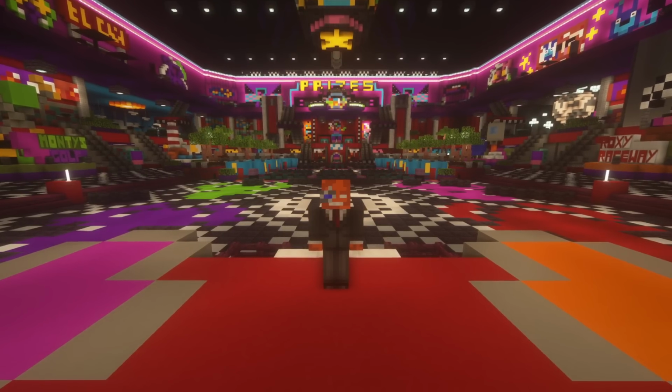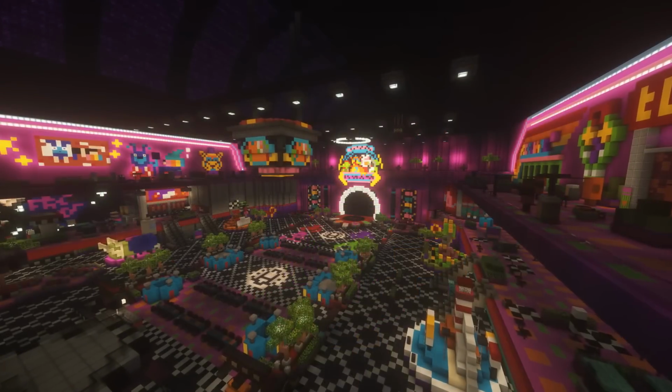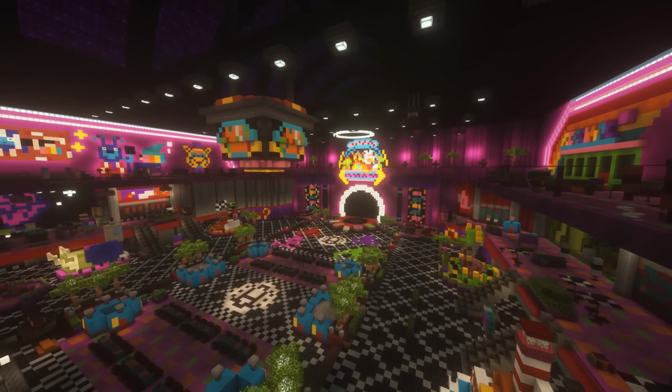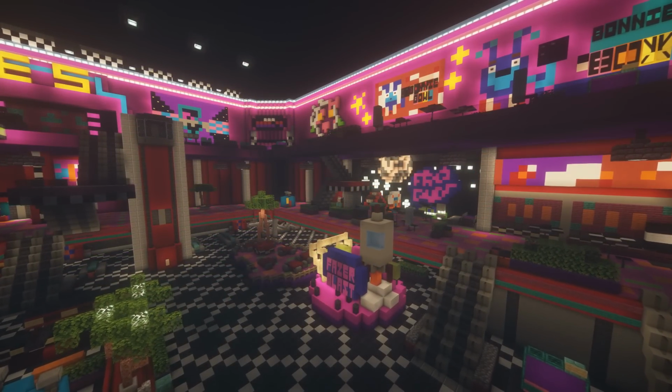Ladies and gentlemen, in today's tour of Freddy Fazbear's Mega Pizzaplex from Security Breach built in Minecraft, we're going to move on to the most iconic location of the Pizzaplex and take a look at the main atrium. This stadium-sized room has so many amazing sights and decorations to look at, making it the perfect hub space of